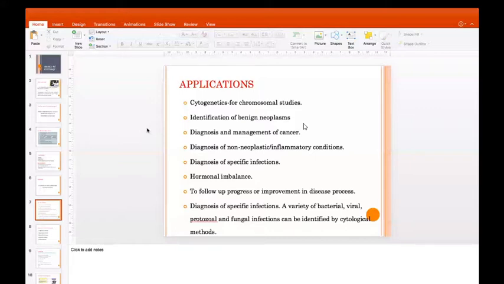So diagnosis of specific infections, that is bacterial, viral, protozoal, or fungal.